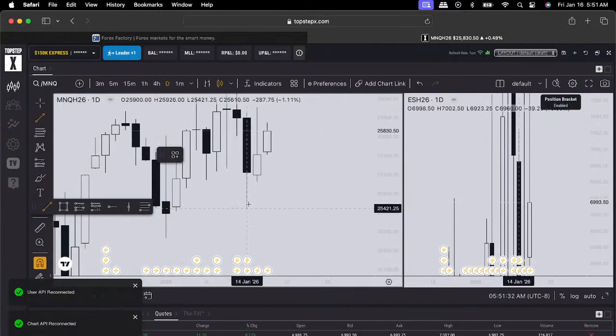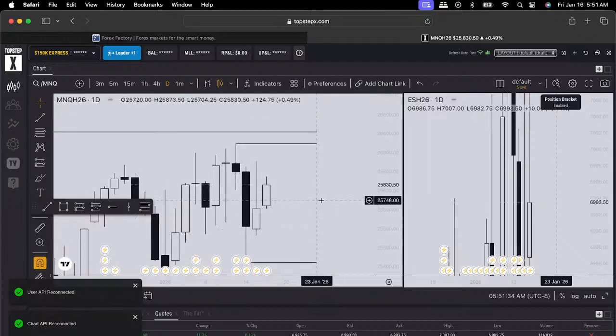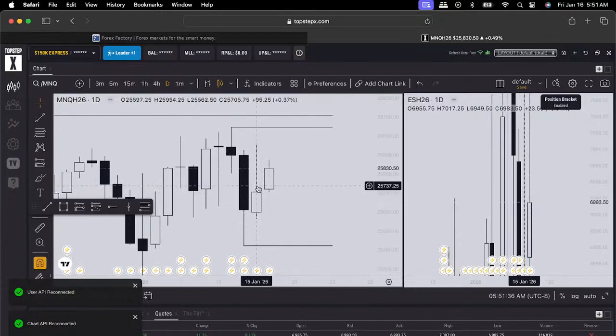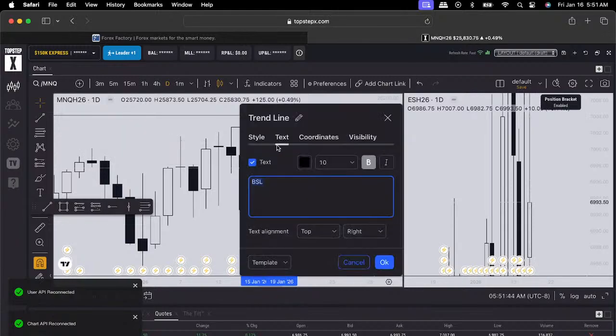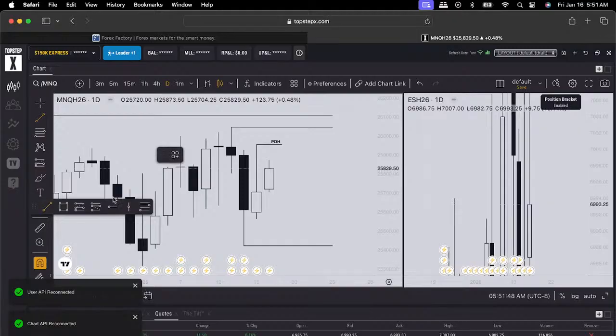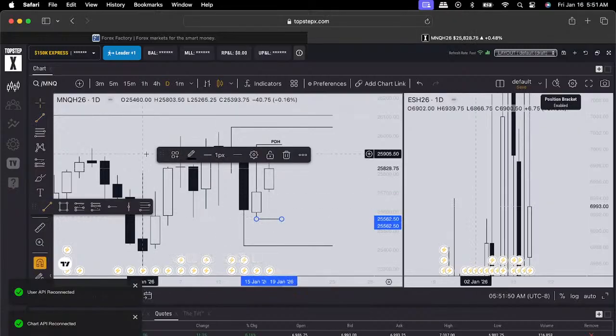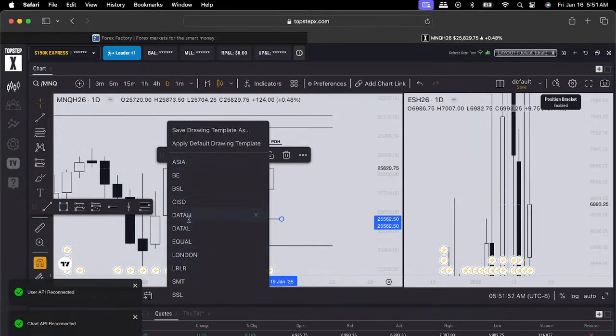Failure swing right here. And then this is my previous day, so we're gonna mark out previous day highs because my sentiment of the market is gonna be bullish. So that's my previous day highs. And then also my previous day lows. Probably not coming back to that though. Previous day lows, we'll just push that side.